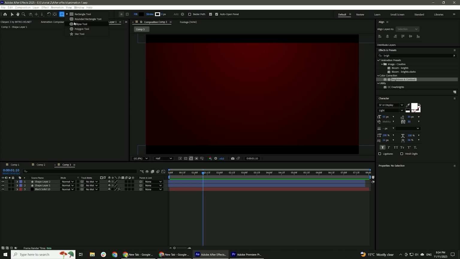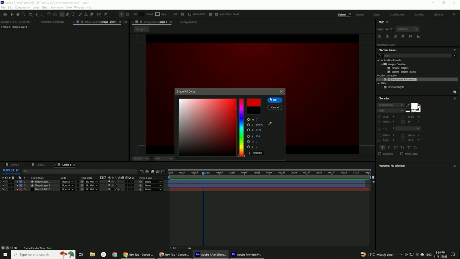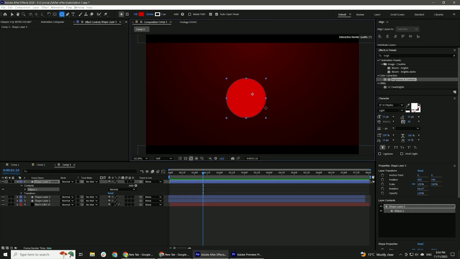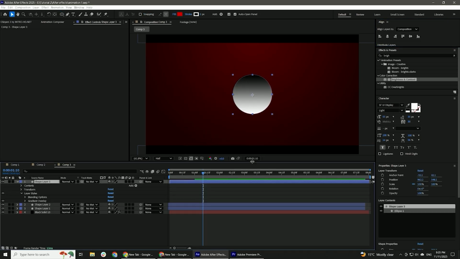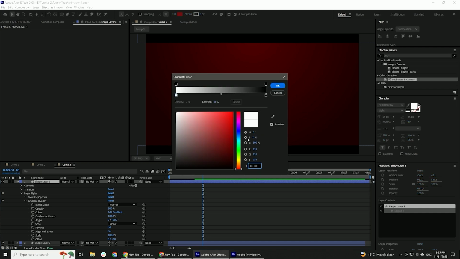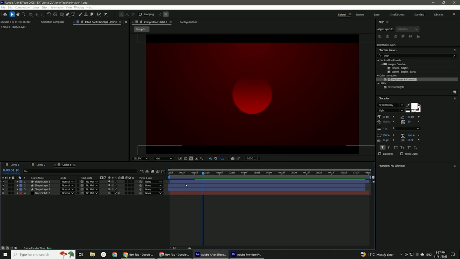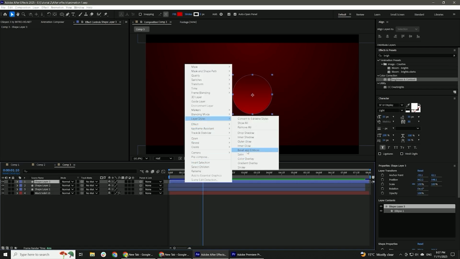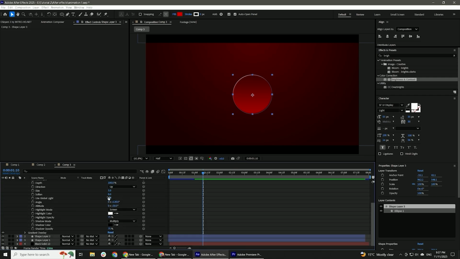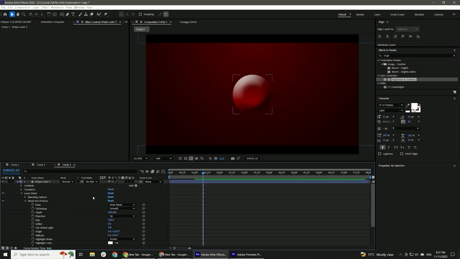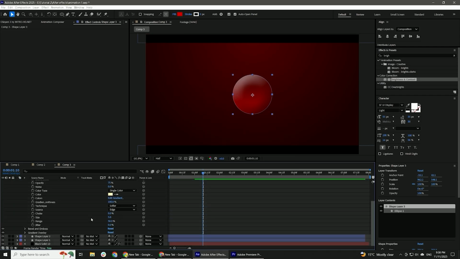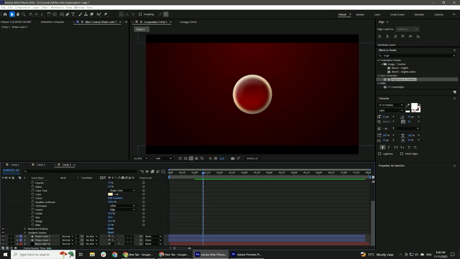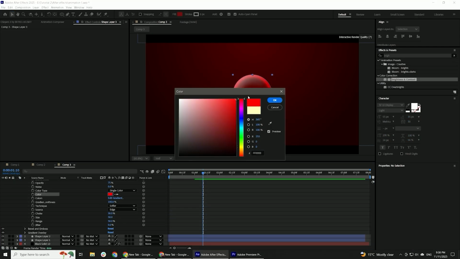Pick up the shape layer again, change the fill color to red and create a circle by holding shift. Align it to center, then right click layer, styles and select gradient overlay. Open the shape properties, change gradient color to red and dark red. Right click again, select bevel and emboss. Open shape properties and change its size to 100, depth to 40. Again right click, choose inner glow and change its choke to 30, size to 50 and change color to red.